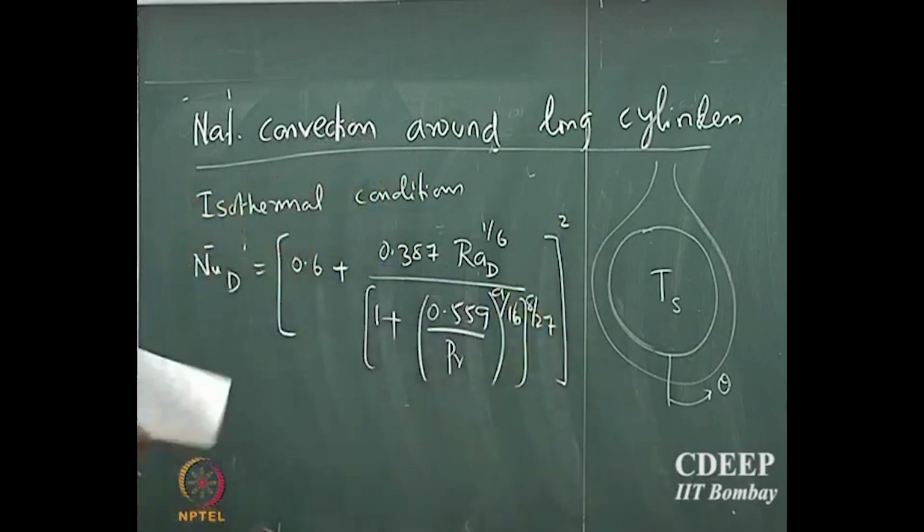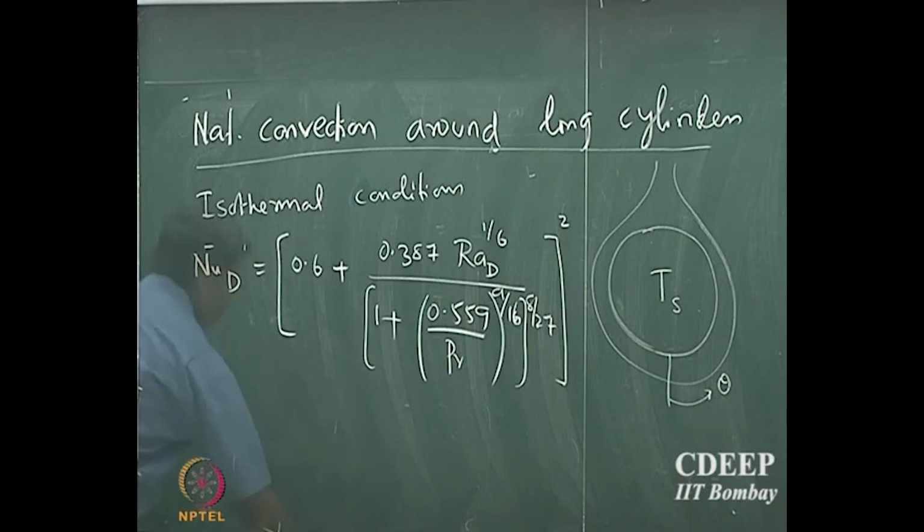This is an empirical correlation, remember that. All these funny numbers immediately tell you that it is some sort of correlation, it is not completely analytical. So, this is a general correlation for these kinds of problems,